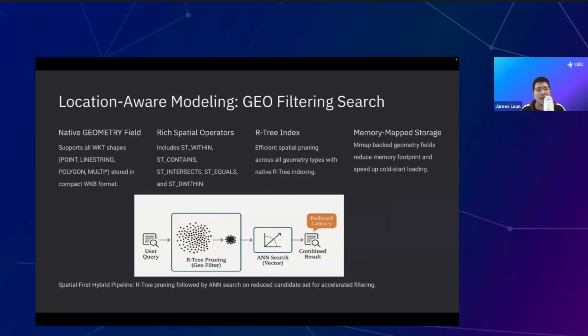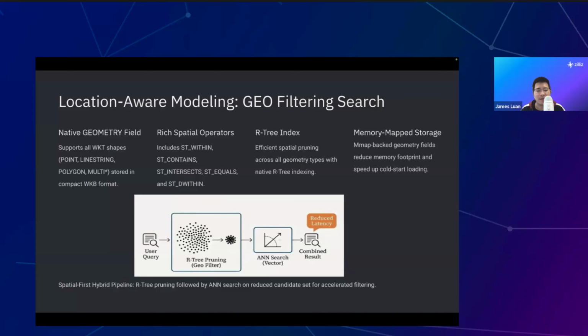We have companies like DoorDash, and when they are doing their delivery business, they want to first filter locations. Say, I only want to find a restaurant near San Francisco, within 10 miles. That's why you always start from a geolocation filter, and then you do a nearest neighbor search for your recommendation or